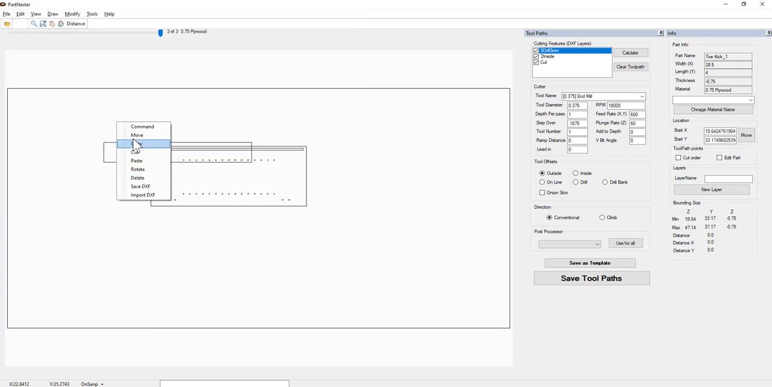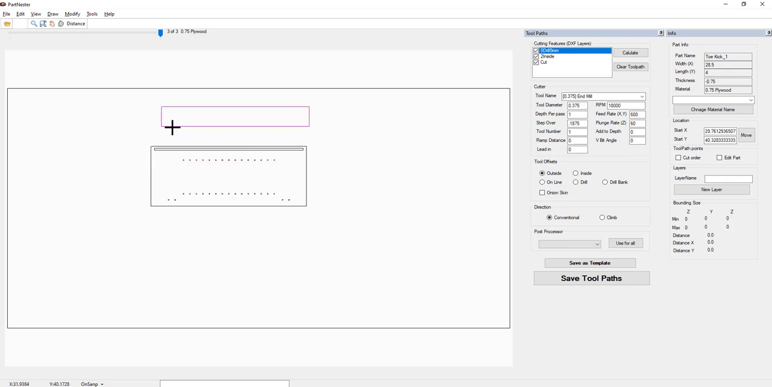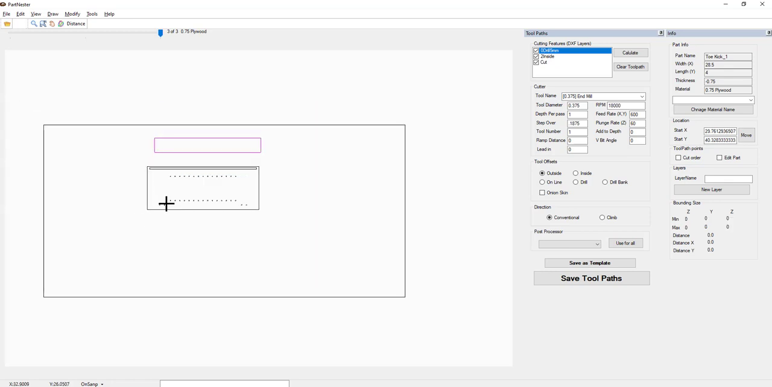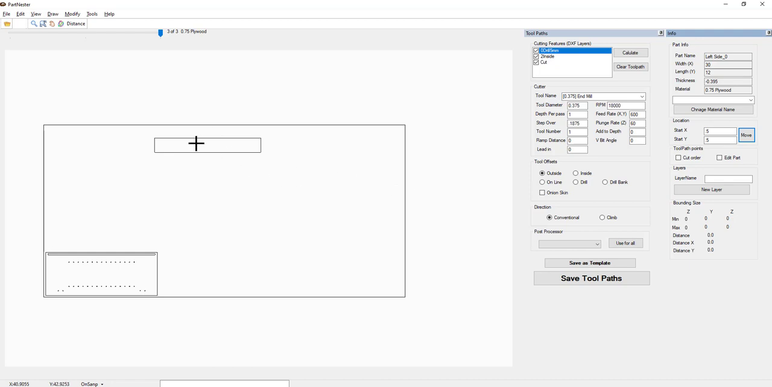You could move the parts around just as you did in any of the other nesting, but for cutting we want to have this part down at the lower left corner. I'm going to select the part and come over to the Part Info tab and give it the starting X of 0.5 and a starting Y of 0.5, and select Move Part. That now allows me to right-click,